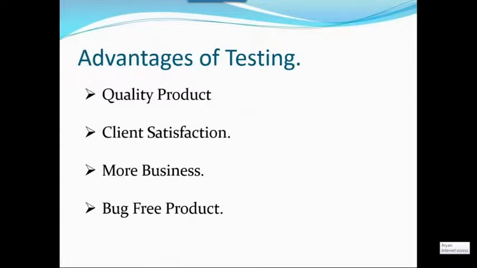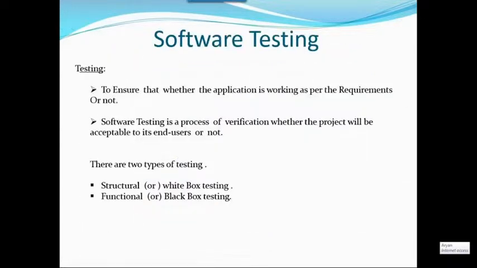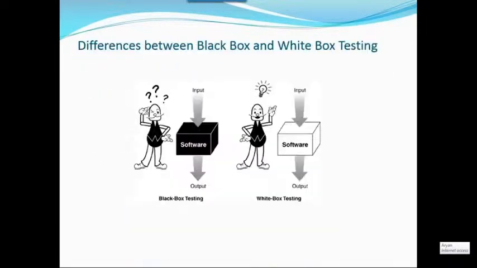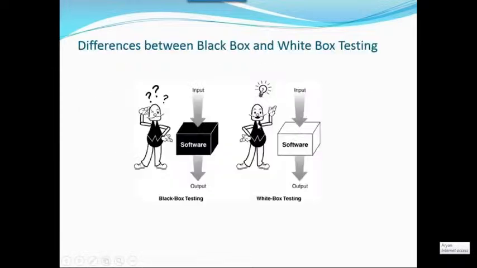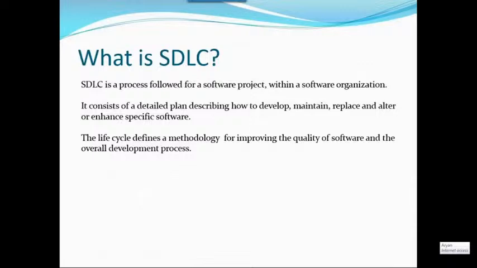So what is BVA? Boundary value analysis. What is the meaning of BVA? Yesterday we discussed it: boundary value analysis. How will we test this? We will test it based on the requirements and the functionality. BVA is nothing but boundary value analysis. We need to take the requirement's minimum value and maximum value, then minimum value -1 and maximum value +1. Understood, right? That's one of the most important ones.